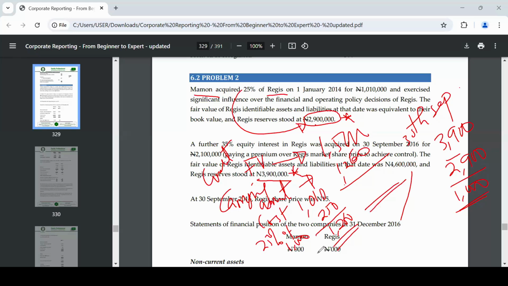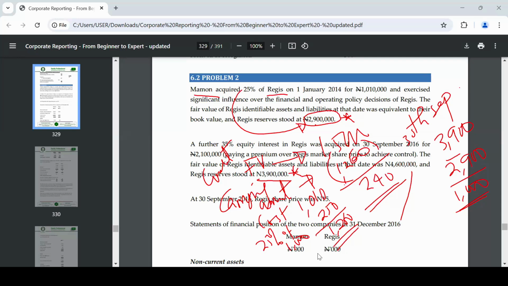All right. Carrying amount is going to be the cost of investment plus 25% of the post-acquired profit. We acquired 25%. What were the profits that were made afterwards until the day that we are derecognizing? Okay, and we've calculated that. So this is how they got 240. Is this clear? All right, I want to believe it is clear.